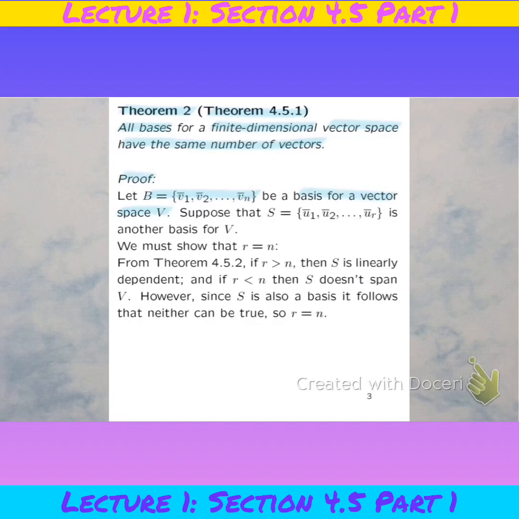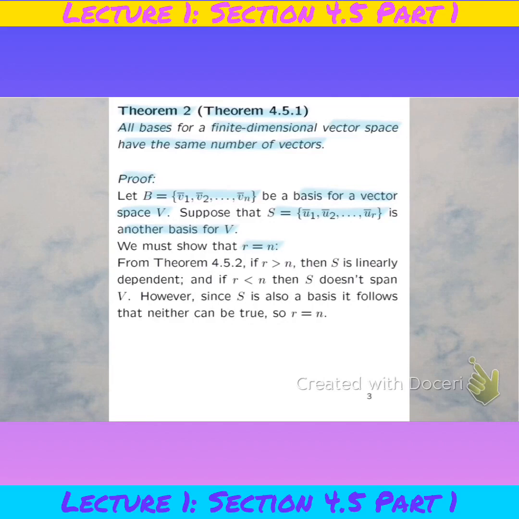And let's take another basis S, and let's say it's got R vectors. It's also a basis for V. So what we need to show is that the number of vectors in S is the same as the number of vectors in B. Okay, so now we apply our previous theorem,